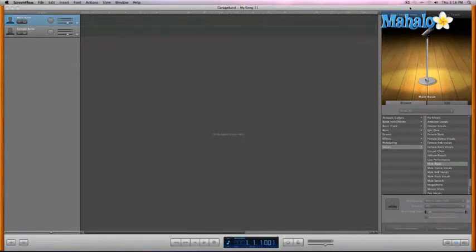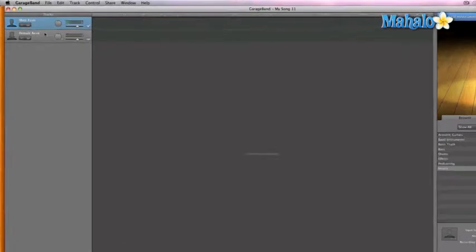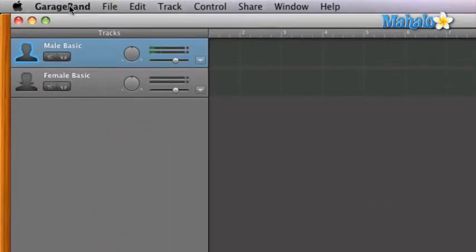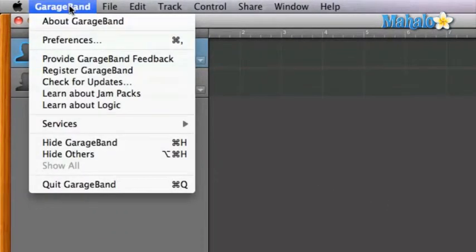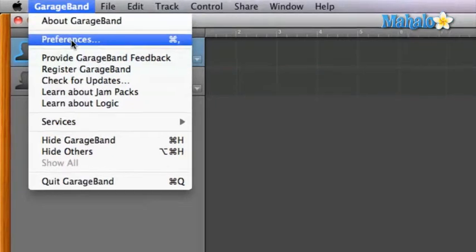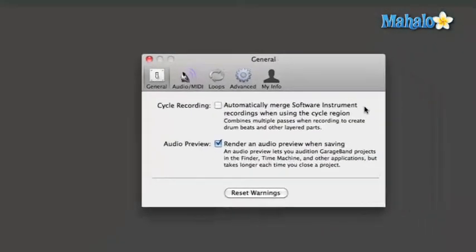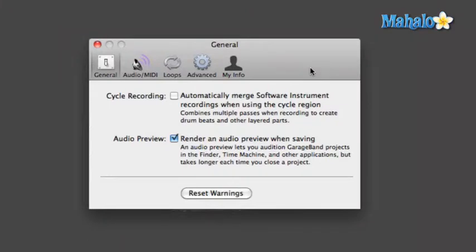record. But now we need to know what software options we need to have, that way our hardware is in sync with the software. So we have a GarageBand session already open. Let's go ahead and go to the top left corner and just click on GarageBand. This opens up, if we go down to the preferences, click on preferences, and that opens up the general options